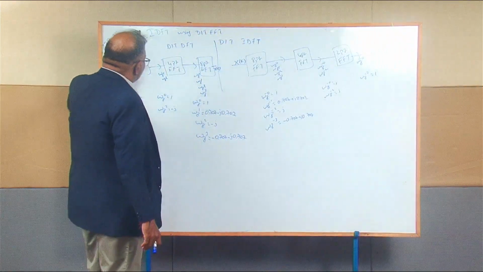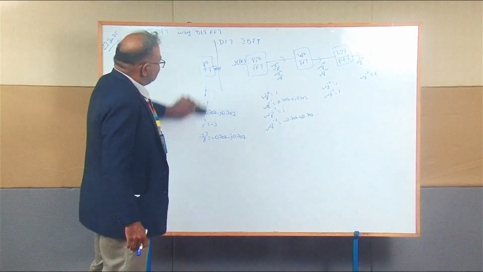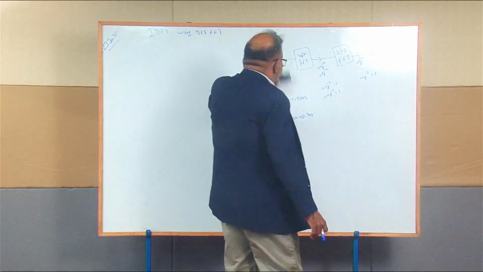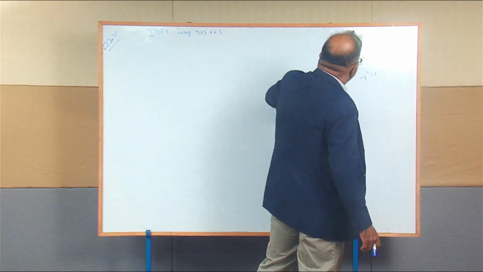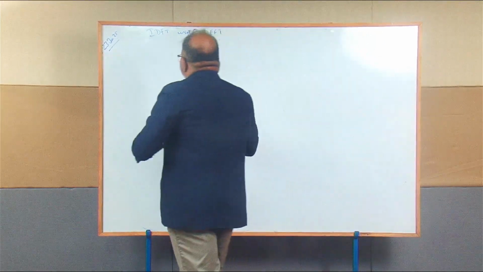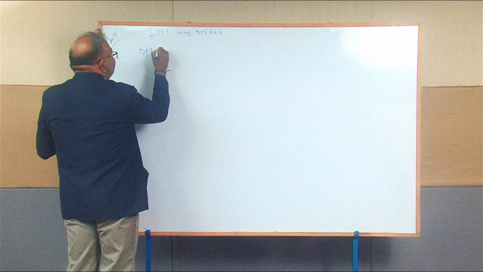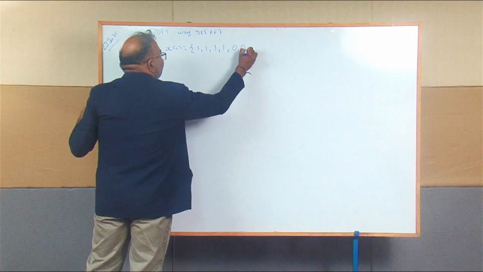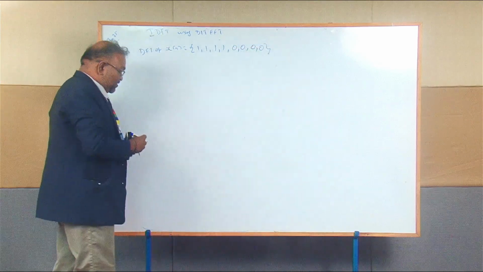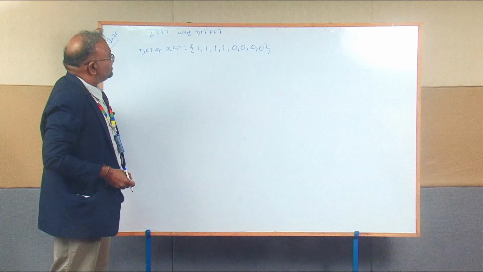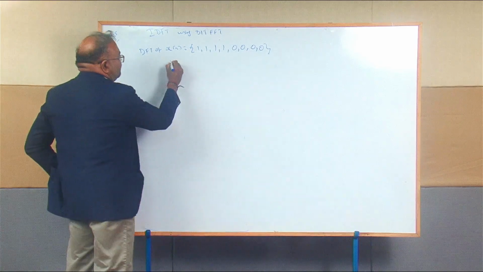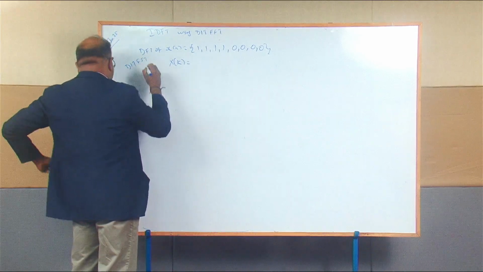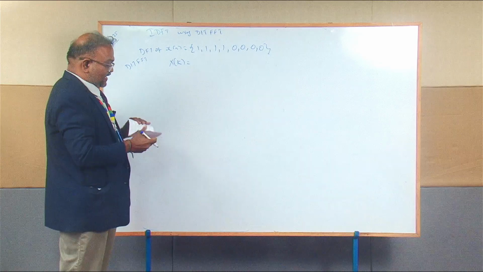We will take the same problem which we have solved in the earlier video, that is we found out the DFT for a sequence. What sequence? DFT of x of n, 1, 1, 1, 1, so that we can cross check whether what we have obtained in the previous session is right or wrong. Using this, we have obtained x of k using DIT FFT method. We have obtained an answer